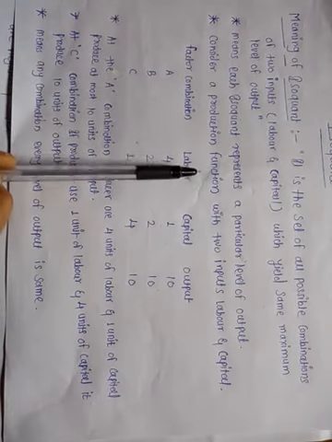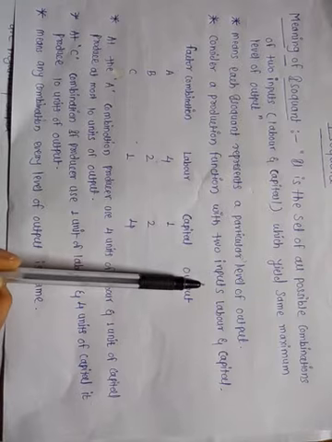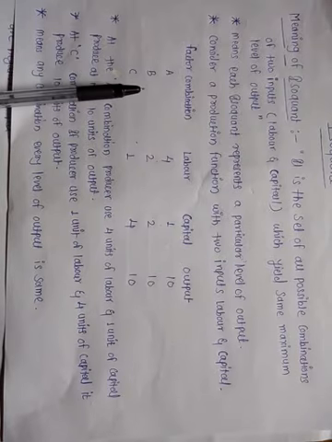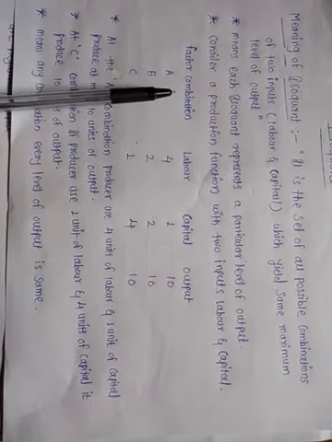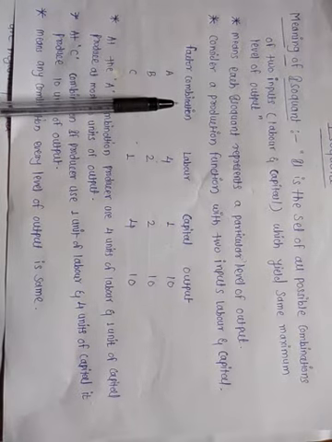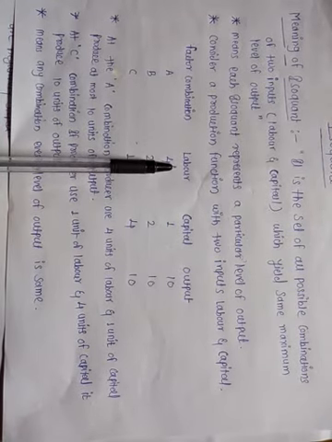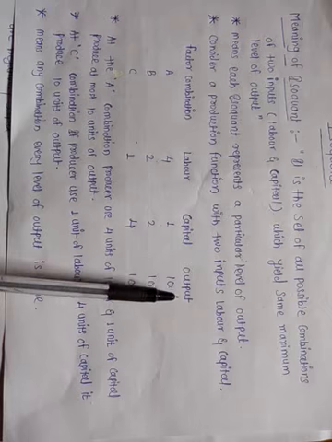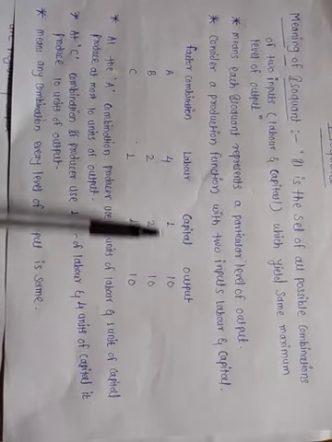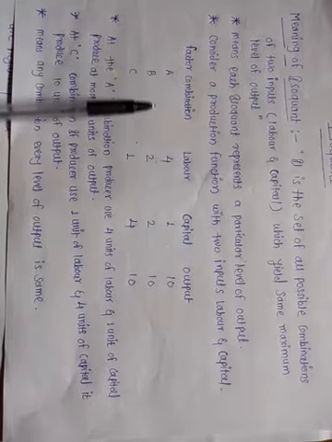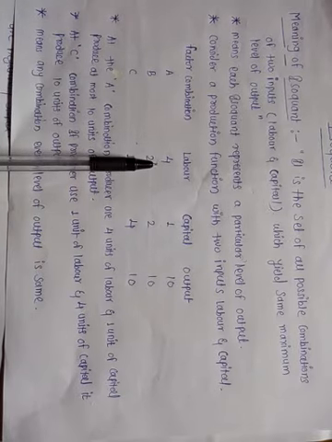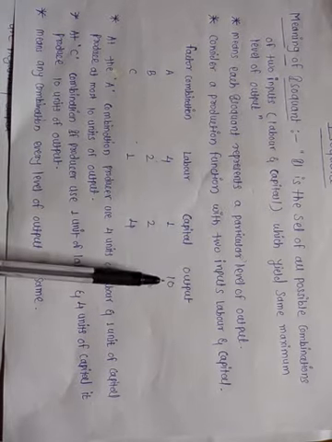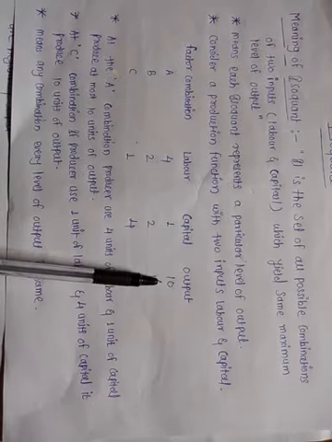Consider a production function with two inputs, that is labor and capital. Here in this table, the first column shows factor combinations, the second column shows units of labor, the third column shows units of capital, and the last column shows output. Here, at combination A, if the producer uses 4 units of labor and 1 unit of capital, then it produces 10 units of output.